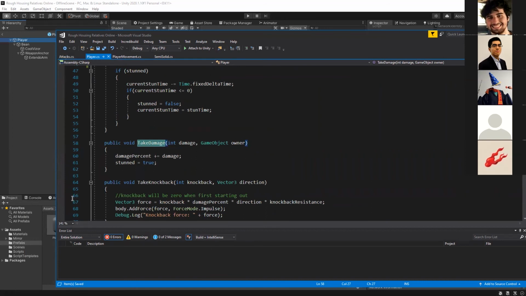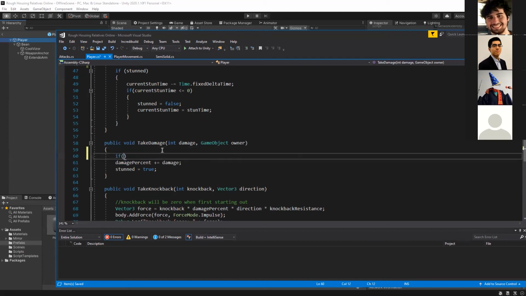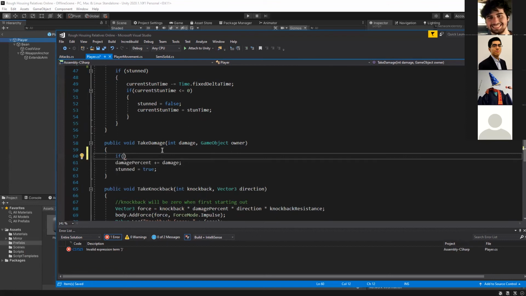which is in the player object or the player script. And this is a public script. It can be, or a public function. It can be called from everywhere. But we don't want to accidentally damage our local copy of someone else's player. We want the server to handle damage and their health values. So we're going to add to here if is, or actually we can do if is server this time.